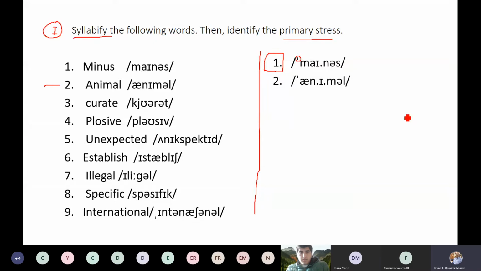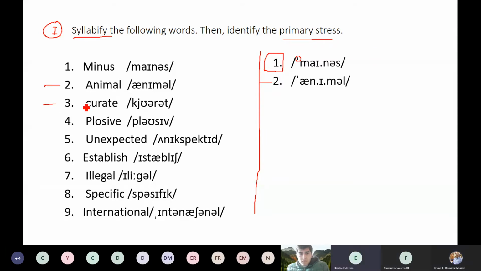Interesting. So in this case, is this following the maximum onset principle? No, teacher. I would say it is not, right? Okay. So we have an exception here. Let's take a look at number 3. Any volunteer, such as Elizabeth Loyola, maybe? Thank you, Fernanda, by the way. What do you think about the next?